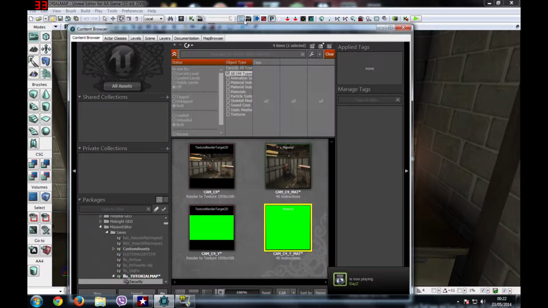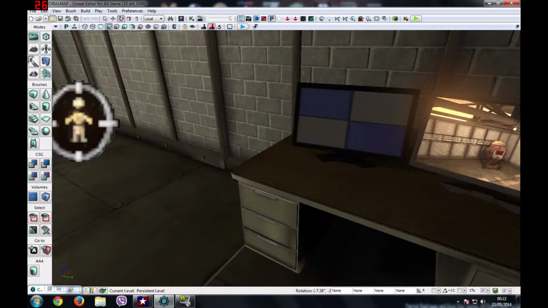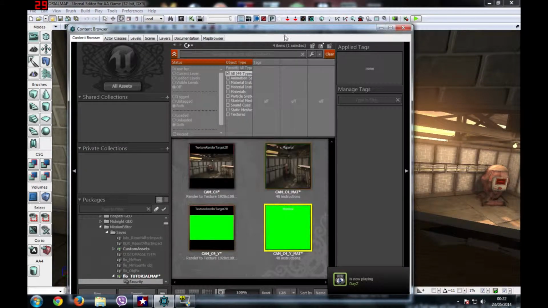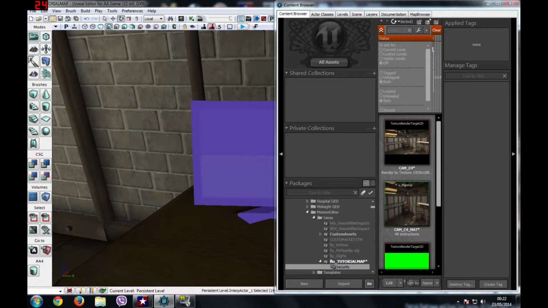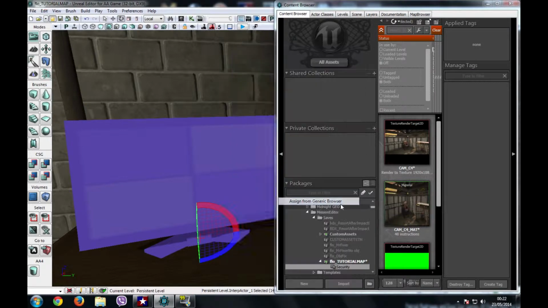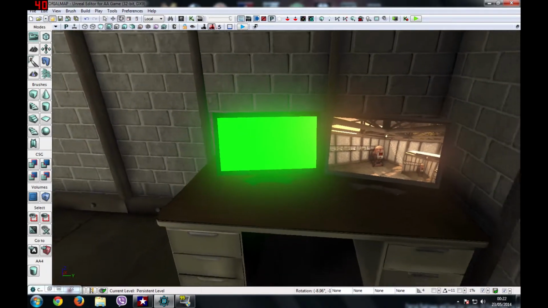So now what we are going to do is we are going to apply the material here by right clicking the interp actor, going to materials, and you choose none and assign from the generic browser. Now you can see we just have a flashy green,